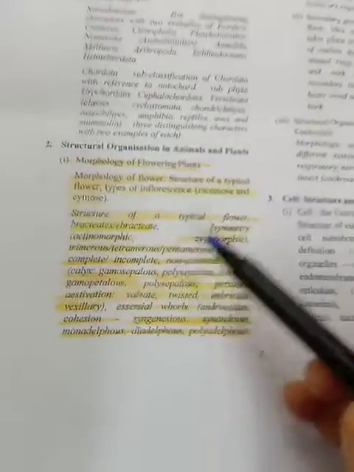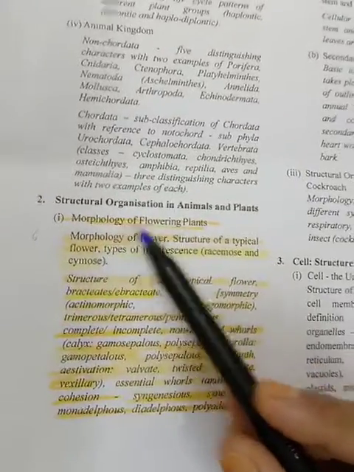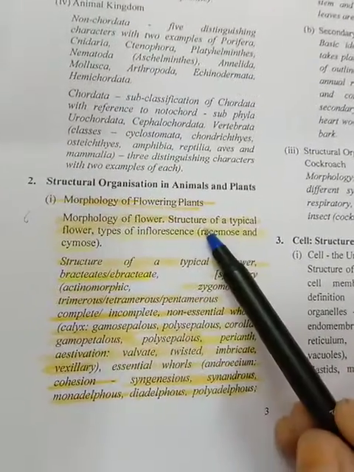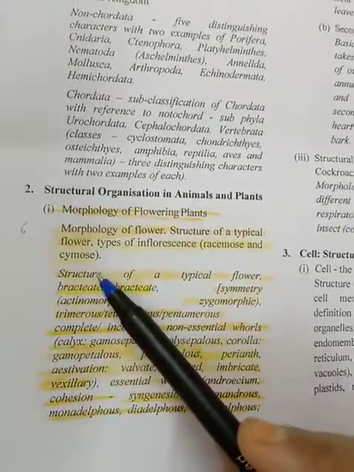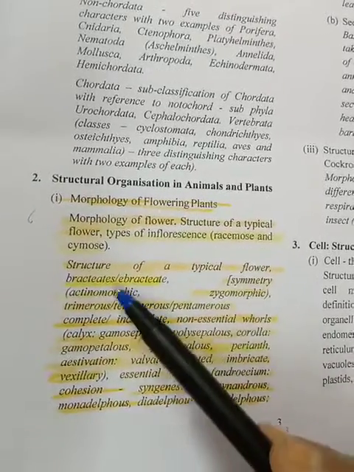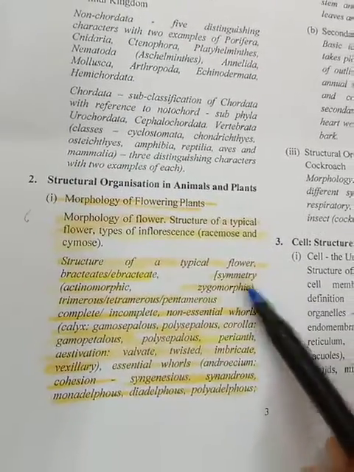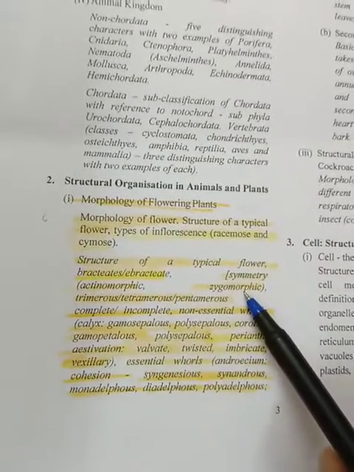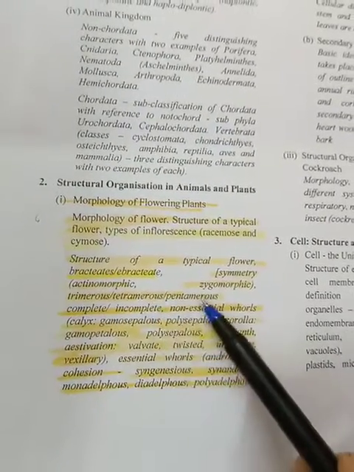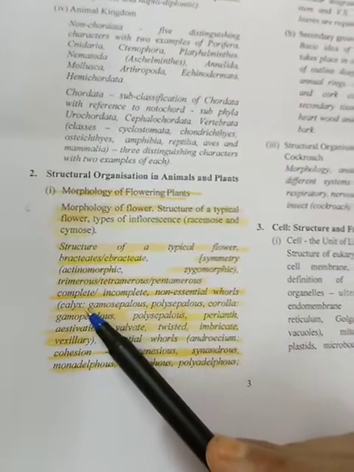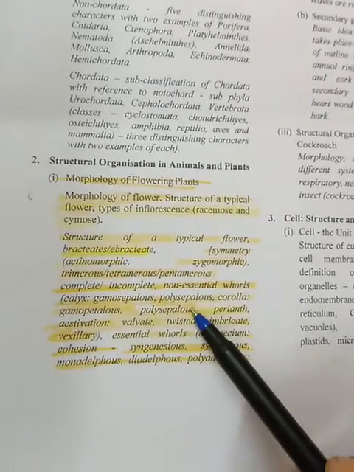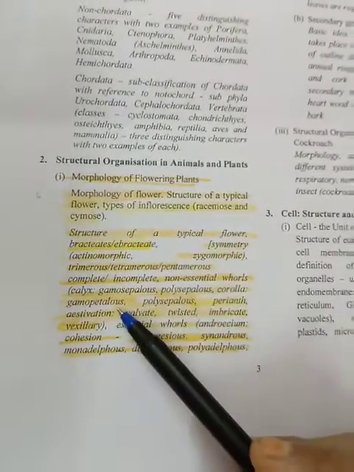I'll show you in the syllabus, children. This is page number 3 of the syllabus. All the colored portion tells that we have completed. So, morphology of flowering plants. We have completed structure of a typical flower, types of inflorescence, racemose and cymose, structure of a typical flower, bracteate, ebracteate, symmetry, actinomorphic, zygomorphic, trimerous, tetra and pentamerous, complete and incomplete, non-essential whorls, calyx, conditions like gamosepalous, polysepalous, corolla, gamopetalous